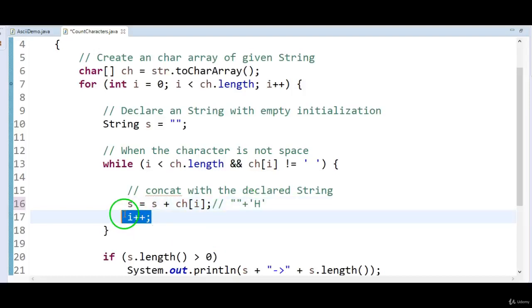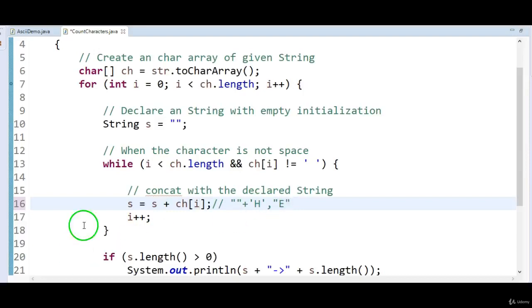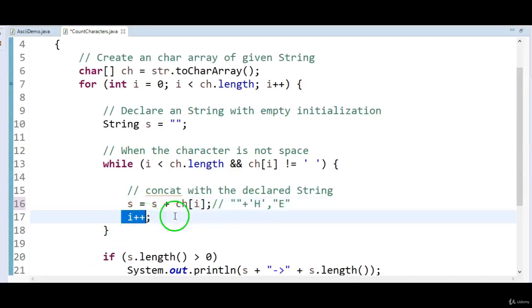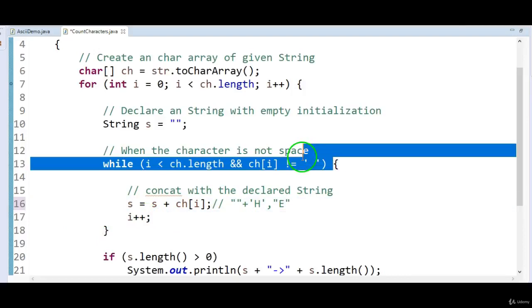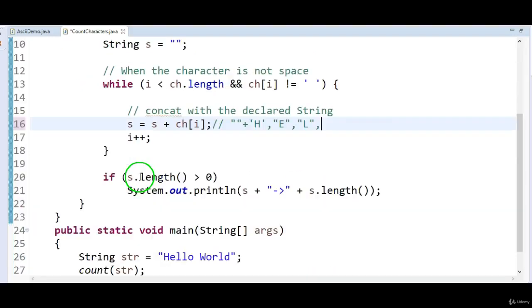Now I gets incremented. Now what is the value of I? 2. 2 less than ch.length, ch.length is 11. 2 less than 11, ch of I not equal to space, true. Now what will happen? It will append E. Initially we have empty, then H, and then E. Now I gets incremented. It will append L. Now what is the next step?